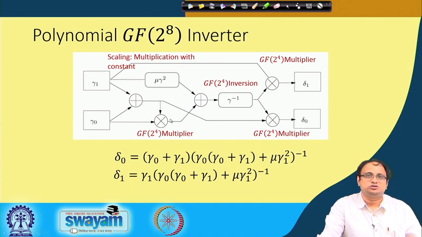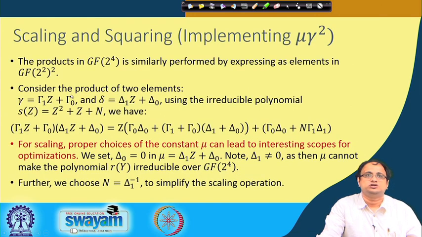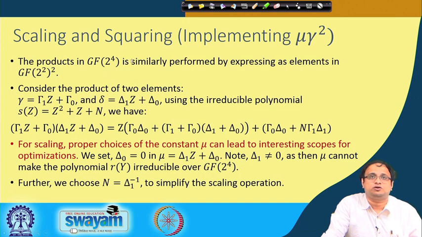Okay. So, this is a 4-bit operation, GF 2 power of 2 will again have 2 parts, each of them having 2 bits. Okay. So, totally it will have 4 parts. So, now you can express the product in GF 2 power of 4 in a similar way as elements in GF 2 power of 2 whole power of 2, and for that, consider the product of 2 elements. So, again now we will be using Z as I have discussed here.